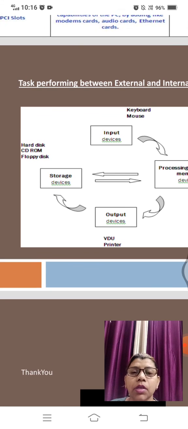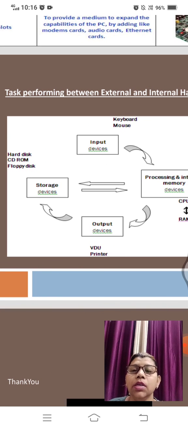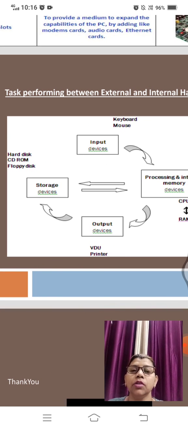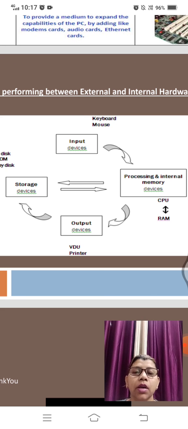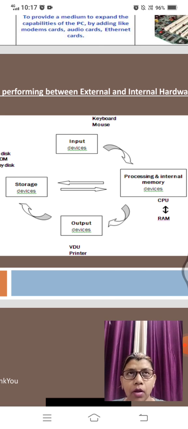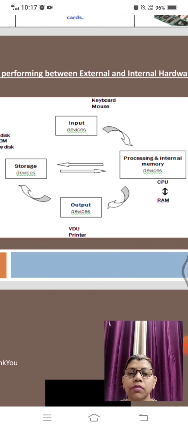Now in this picture, there is a hard disk, CD-ROM, floppy disk, which are called storage devices, and the input device gives to the process and internal memory. There is a processing internal CPU doing the work on the RAM, and then after performing the task, it gives the output to the output device, which is VDU, or video.